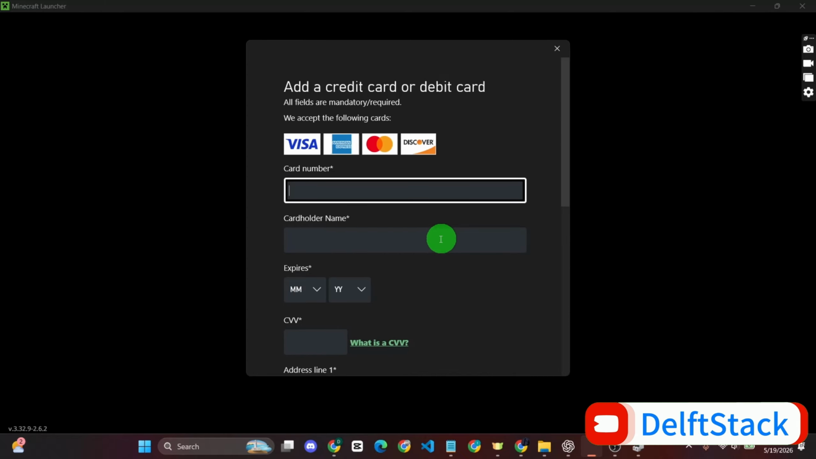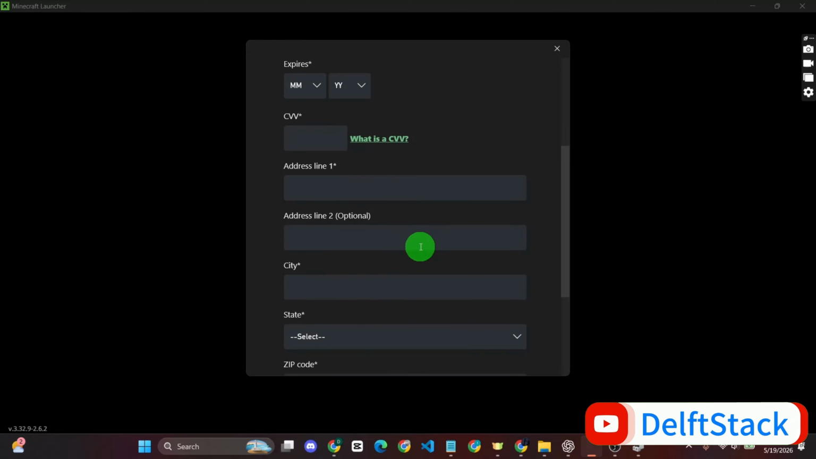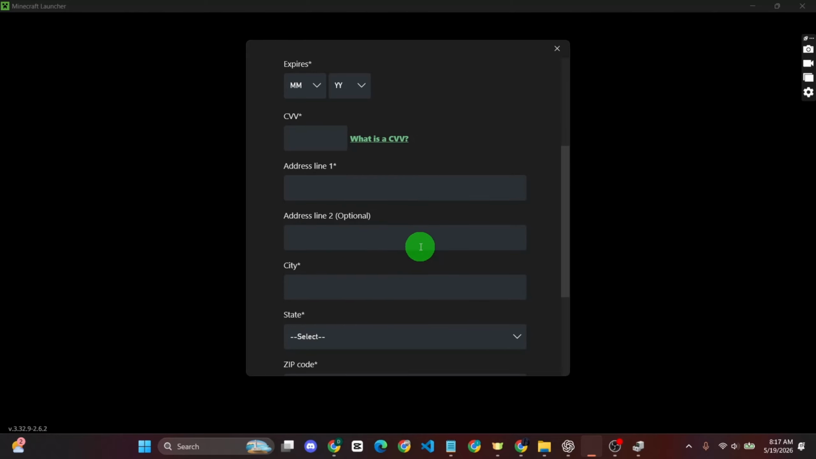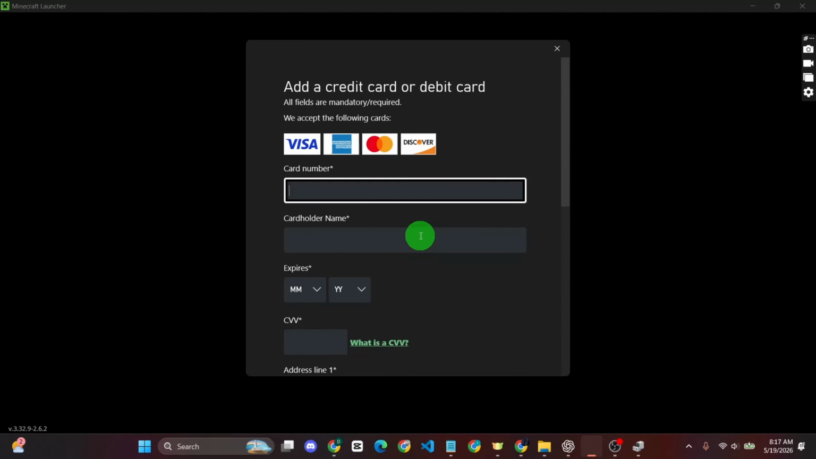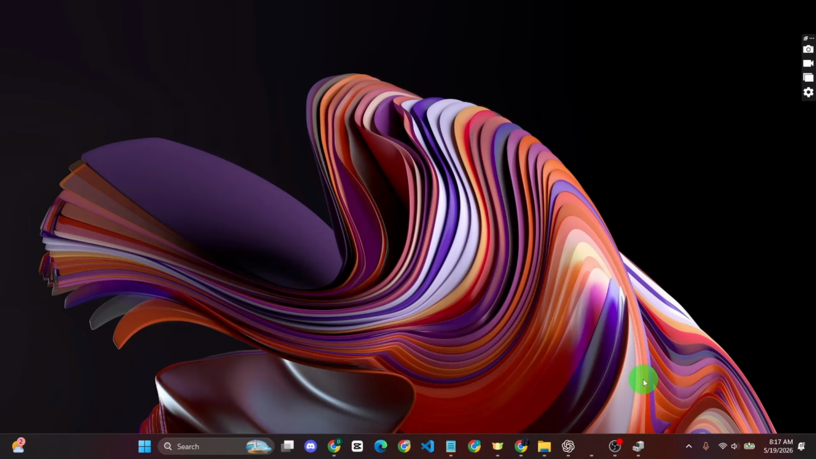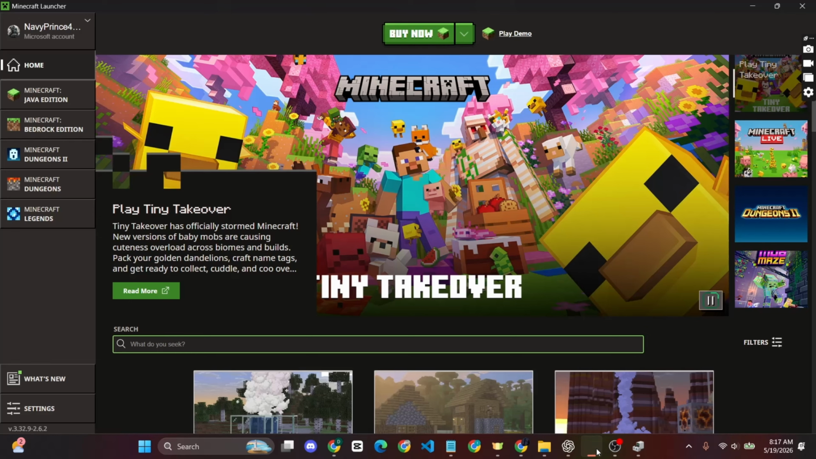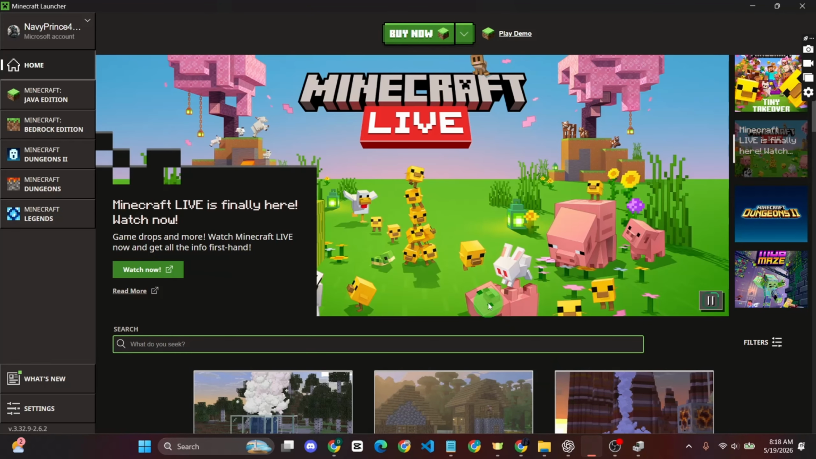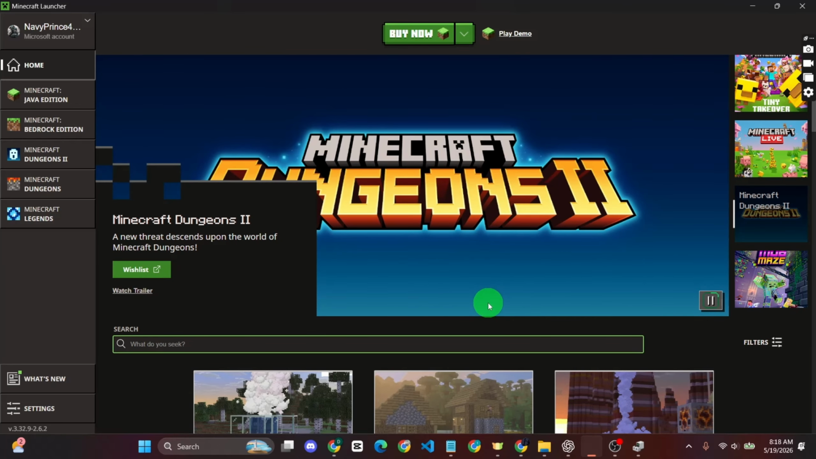Now also check your billing address and region settings and make sure they match your Microsoft account. Then just go ahead and restart Minecraft or the launcher and try placing the order once again. If it still does not work, wait a few minutes and retry, because Microsoft or Minecraft store server can sometimes